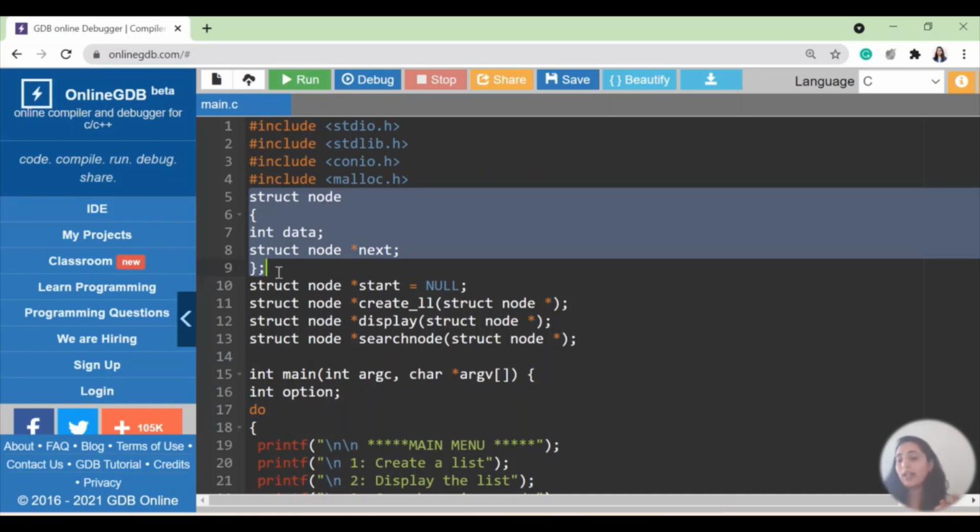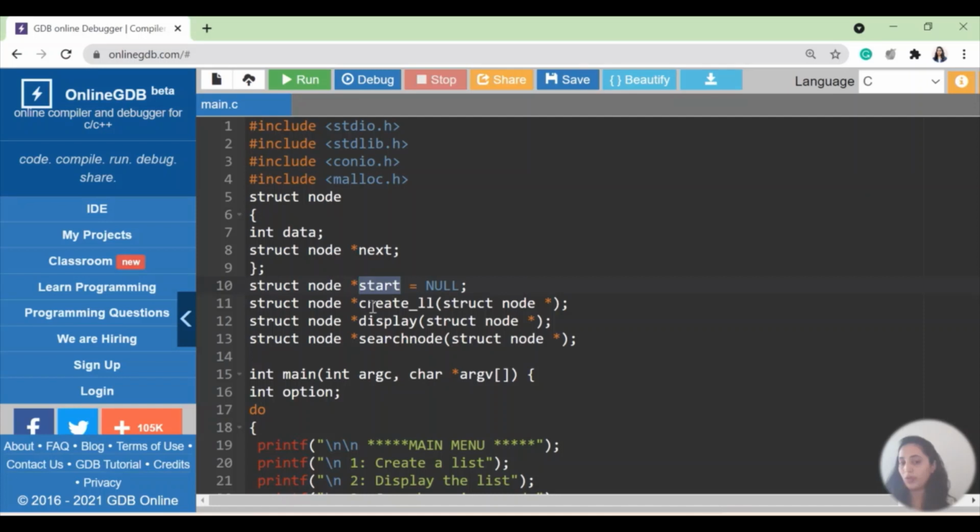As I said, a linked list will always start with the first node, and the address of the first node is held by some variable. I am going to keep the address of the first node of my linked list in start, so I need a start variable. Initially, I will declare a variable for this struct node. For the user-defined data type struct node, I declared a new variable, and the variable name is start. I give the value to start as NULL. In a linked list, we write NULL in capital letters. Okay, so why is the value of my start NULL right now?